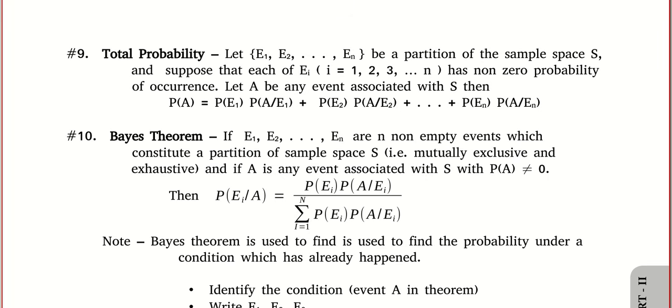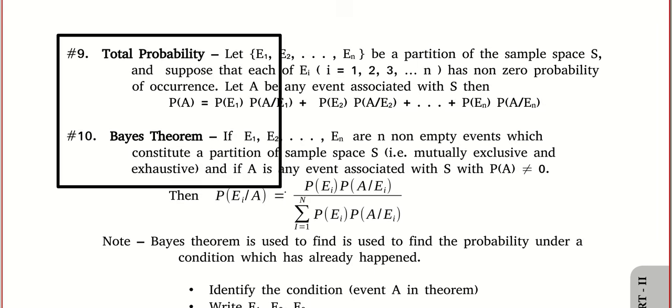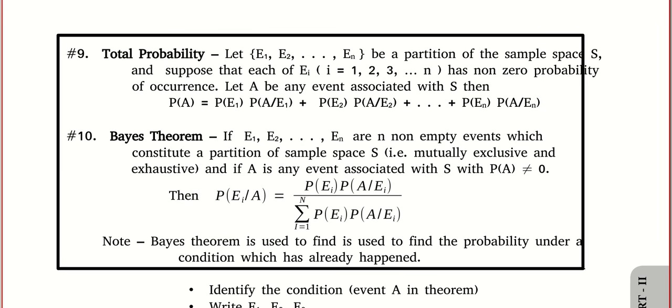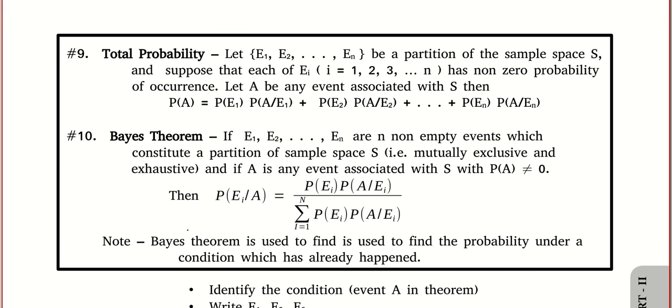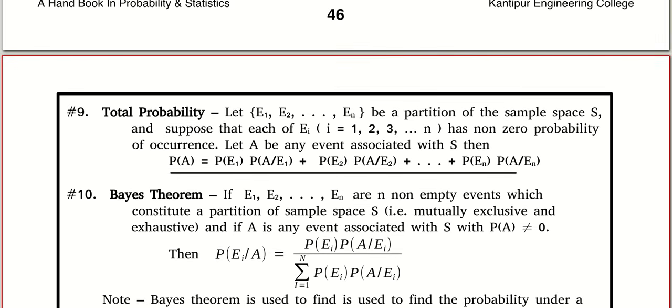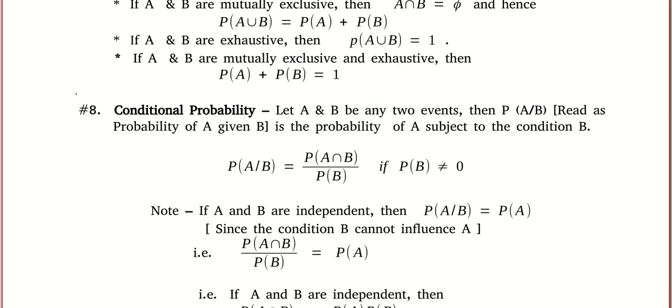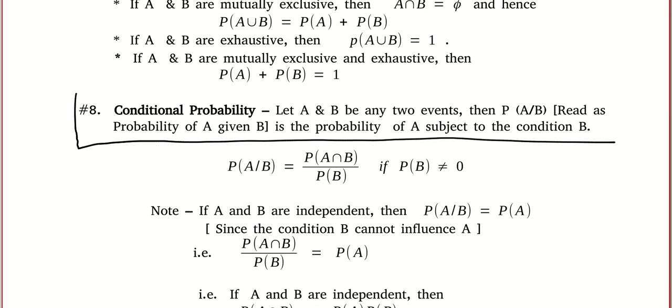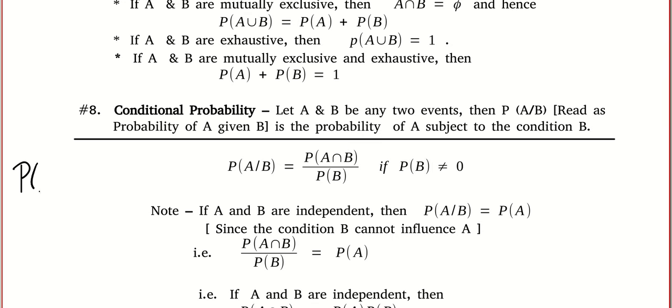Now I want you to pause the video for a minute and copy the formula for total probability and Bayes theorem. So look at this. This is the formula for total probability, and I hope you remember something called conditional probability. If you do not remember, you can pause the video and check this definition. Probability of A given B is actually finding the probability of A